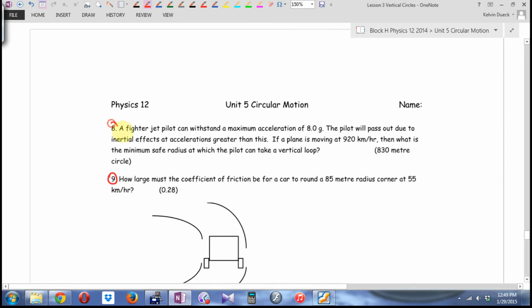I'm going to assign number 8, but number 8 has a very subtle assumption. I like the physics of number 8, and I do like number 8, except there's a subtle assumption that we have to make. So many of you, myself included, will do this wrong the first time and then adjust, because I think the question's worded poorly, but I like the jet fighter doing a vertical loop. Speaking of vertical loops,